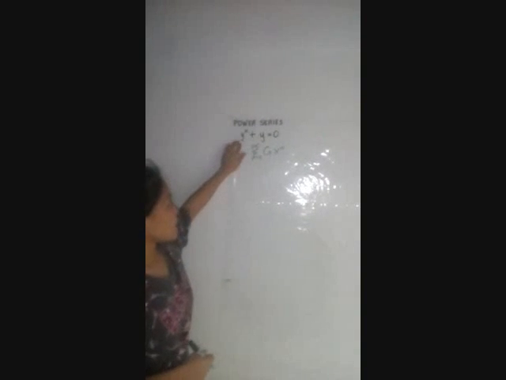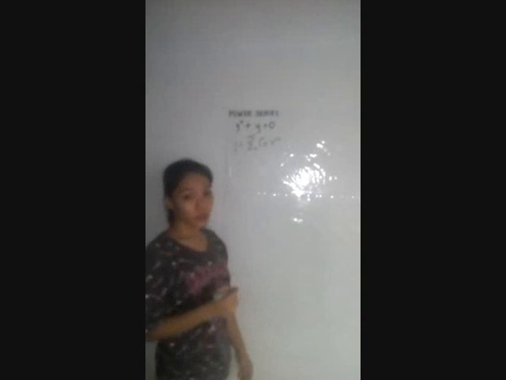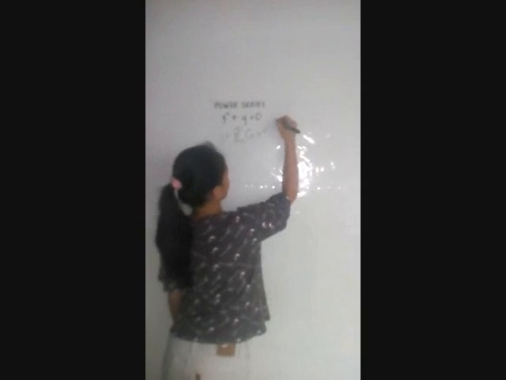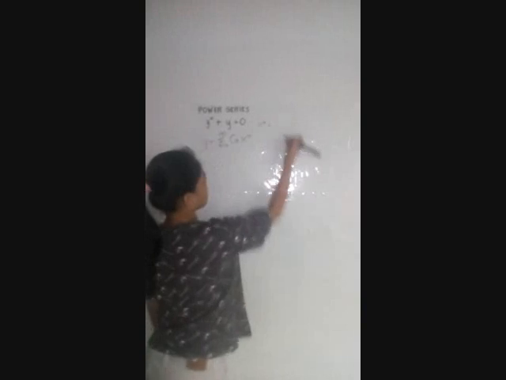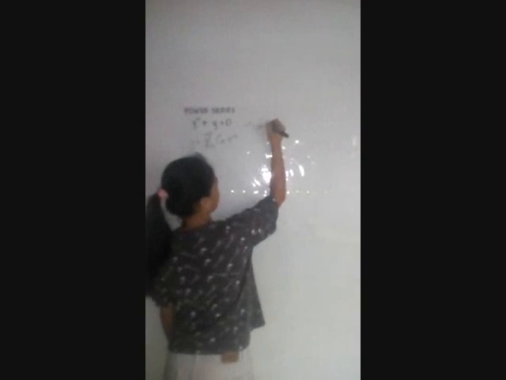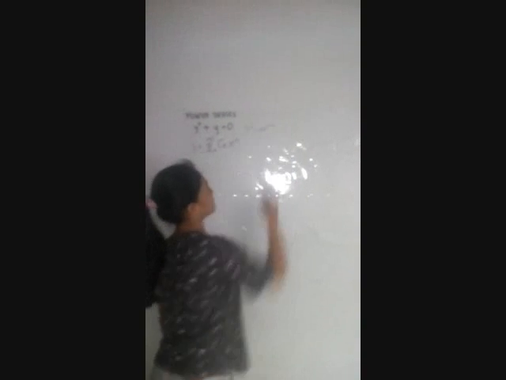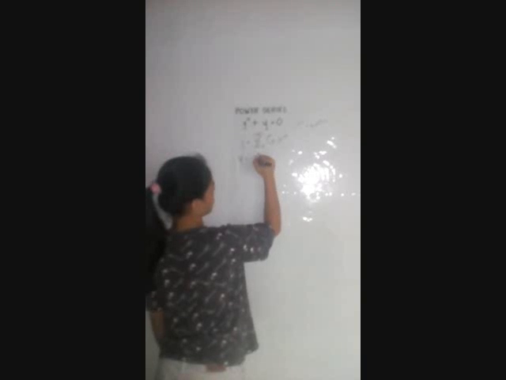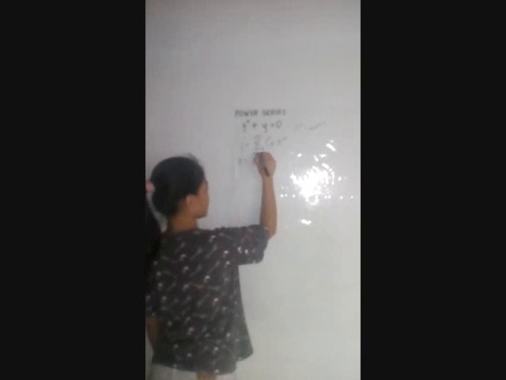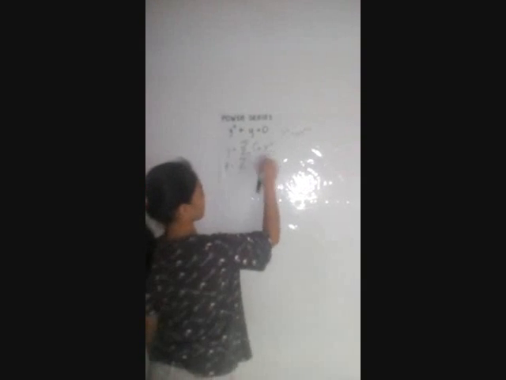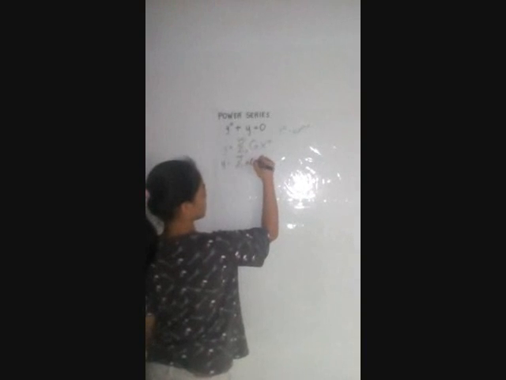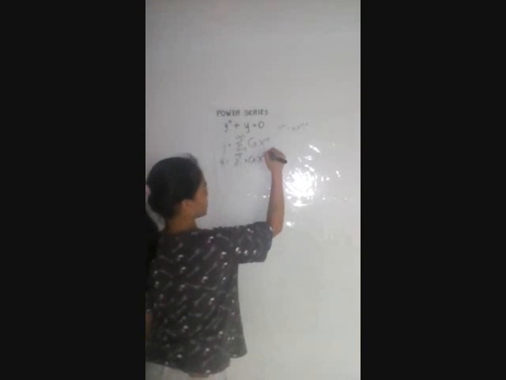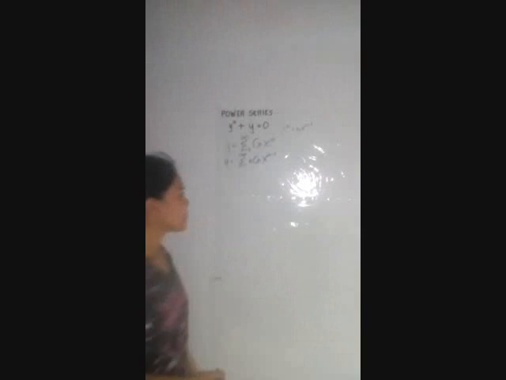Now how will we get the second derivative of y? We will use the power rule of derivatives: x^n is equal to n x^(n-1). Now we will apply it. The first derivative of y is equal to summation of n is equal to 1 to positive infinity, bring down the n, c_n x^(n-1).